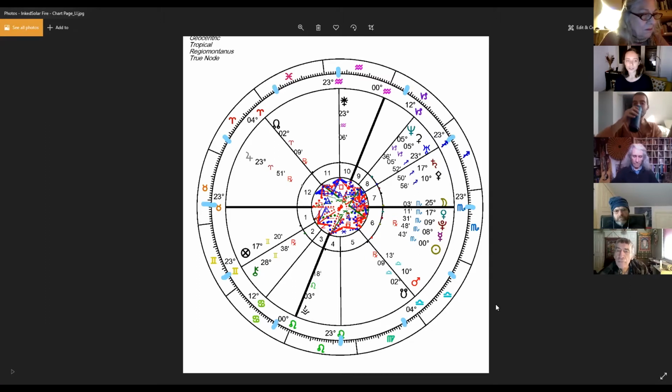This is showing that we're starting from the same starting point, but I'm not going to switch to whole signs. I will consider my first profection year as the year spanning between the 23rd or 24th degree of Taurus to the 24th degree of Gemini. And then moving 30 degrees per year, because we're following the same technique of time-wise equating, when we spoke about